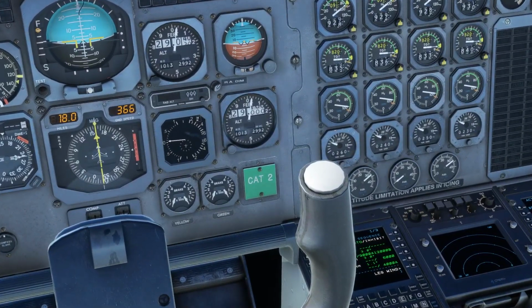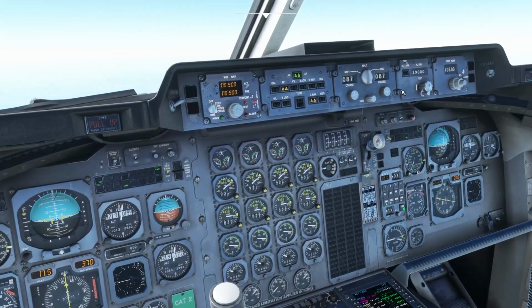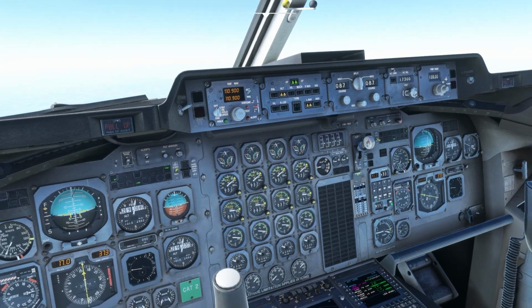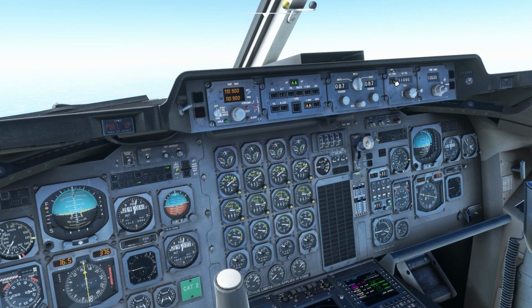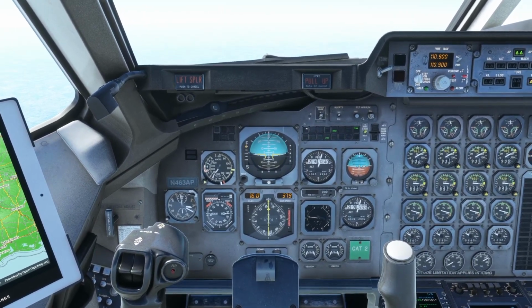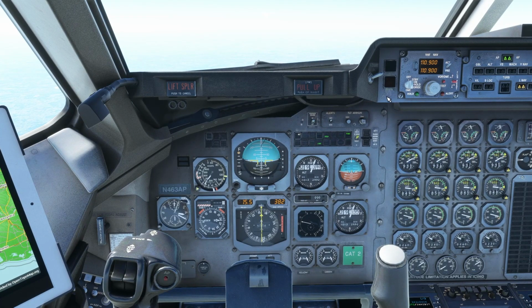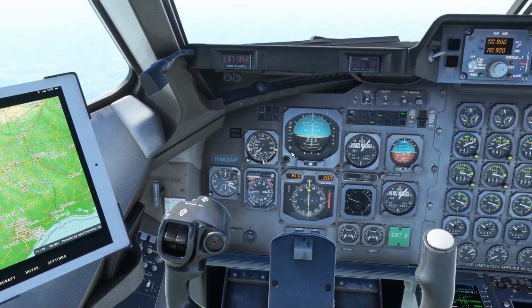Okay, so our next altitude will be 12,000 or 11. I'm gonna do 11. We're gonna arm this altitude. And look at our speed. We are very, very close to 250. So what we can do is